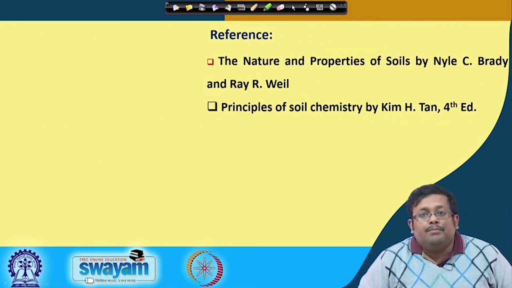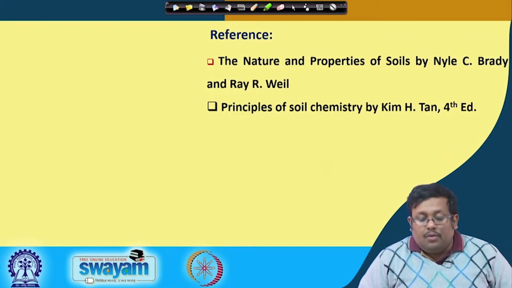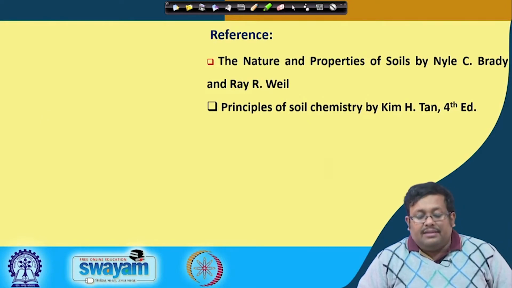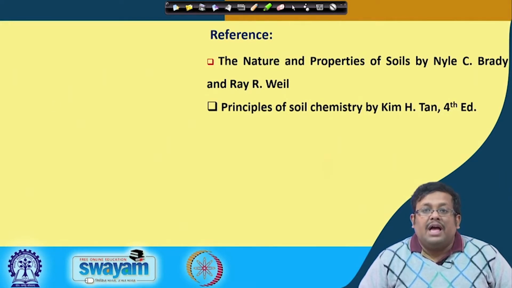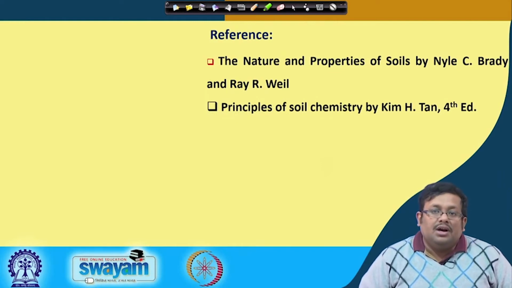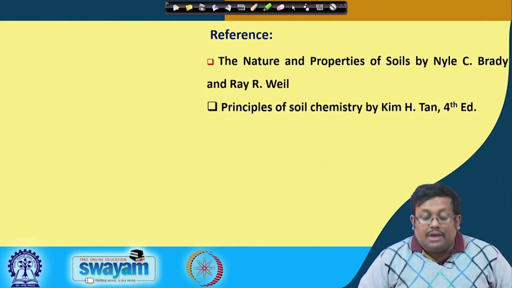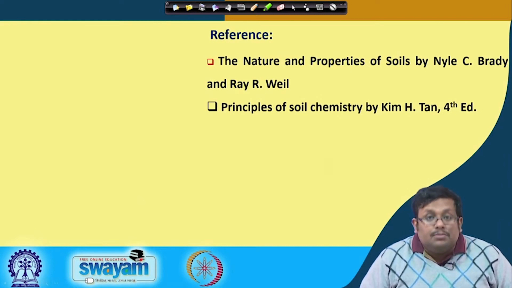So, we have finished the diffuse double layer theories. Obviously, you can follow these two standard books. One is The Nature and Properties of Soils by Nyle C. Brady and Ray R. Weil, and the other is Principles of Soil Chemistry by Kim H. Tan, 4th edition, and you will get a more detailed idea about this diffuse double layer while you read these two books in detail. So, guys, let us move forward and